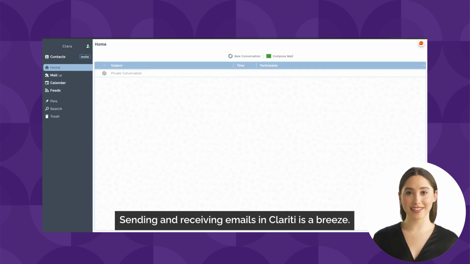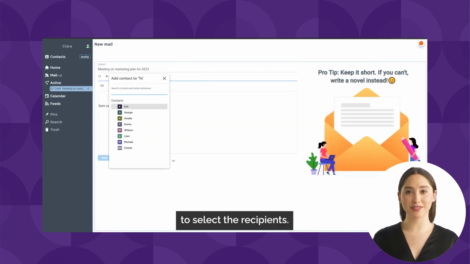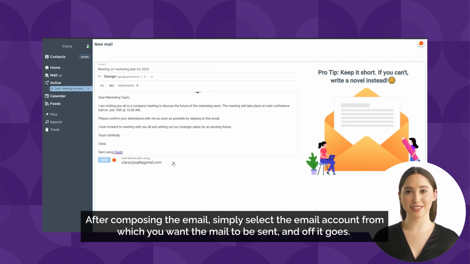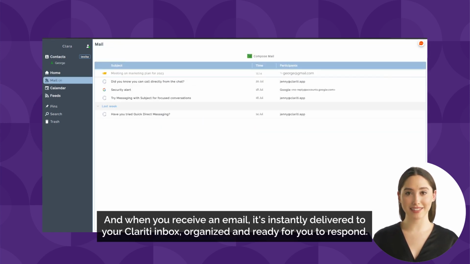Sending and receiving emails in Clariti is a breeze. Click on Compose Email on your home screen. Enter the email subject, and click on the plus icon to select the recipients. After composing the email, simply select the email account from which you want the mail to be sent. And off it goes. And when you receive an email, it's instantly delivered to your Clariti inbox, organized and ready